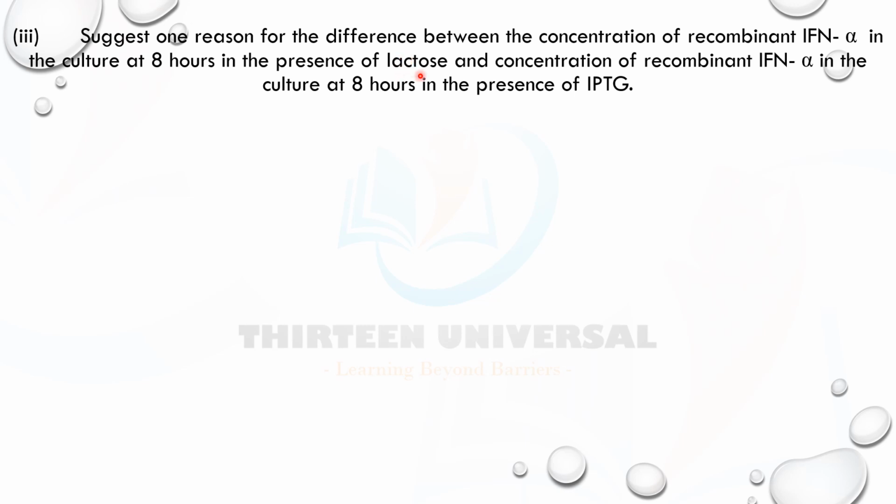But you see, because lactose is converted to allolactose, the concentration of lactose is low. So fewer lactose molecules bind to the repressor, so less repressor is actually inhibited. But IPTG is a synthetic molecule, so it continues to increase and has high concentration, so it binds more to the repressor and inhibits the repressor more, thereby switching on the gene for IFN